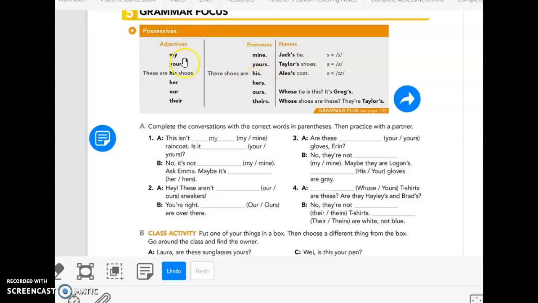¿Ok? And then we are going to say here possessive pronouns. Que esto es muy diferente. Los vamos a utilizar al final. Al final, recordemos. ¿Ok? Pronouns. Mine, yours. Miren, aumentamos la S. His, hers, se parecen, pero cambia por la S, ours, and theirs, we are going to pronounce. Esto es diferente porque utilizamos al final. Lógicamente aquí estaríamos diciendo mío, suyo. Entonces no puedo decir, este es mío carro, por eso lo utilizamos al final y decimos, este carro es mío. This car is mine, ¿ok? Aquí podemos trabajar